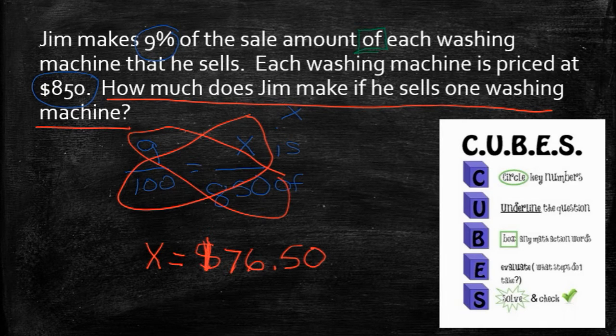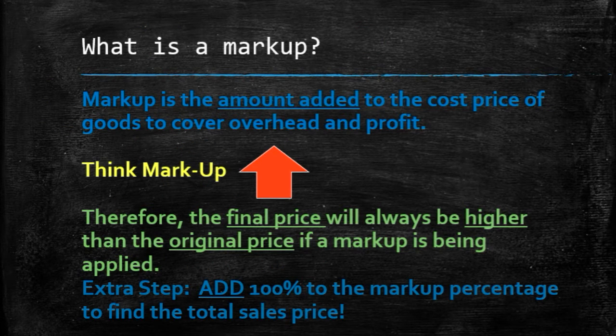Good job. So what is a markup? It sounds scary, but it's really, really not. A markup is the amount added to the cost price of goods to cover overhead and profit. Overhead is how much it costs to keep the lights on in a building. So stores will buy a product and then they'll resell it at a higher price because they have to pay for the salary of their employees, they have to pay for the lights and the building rent and all